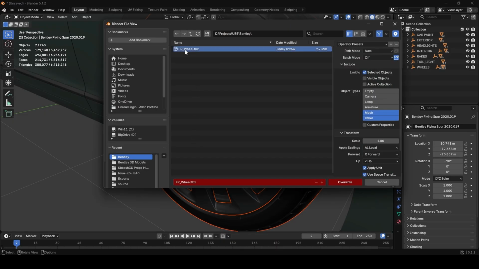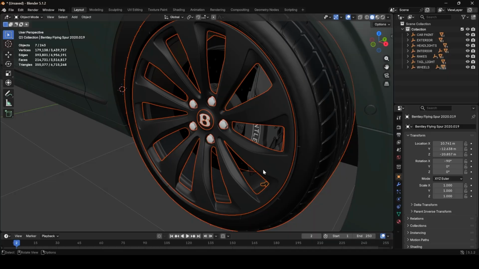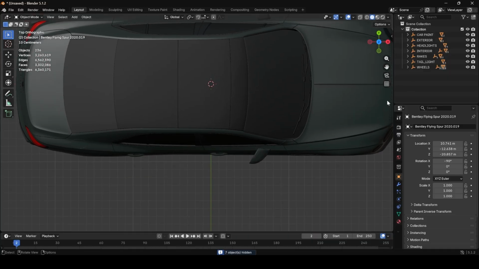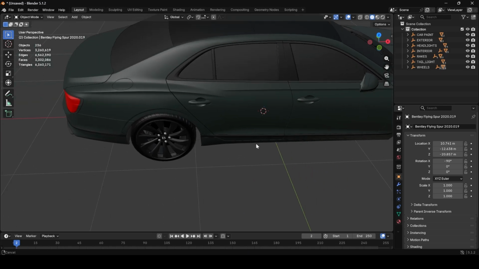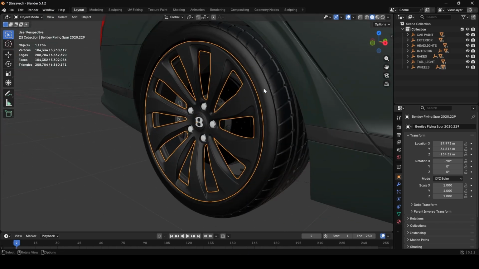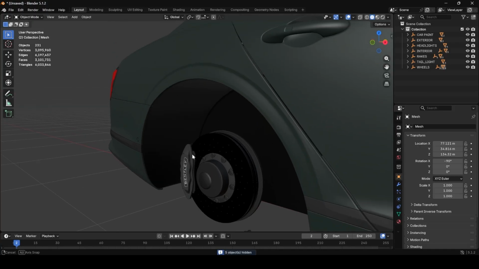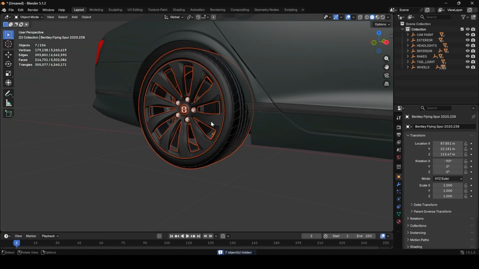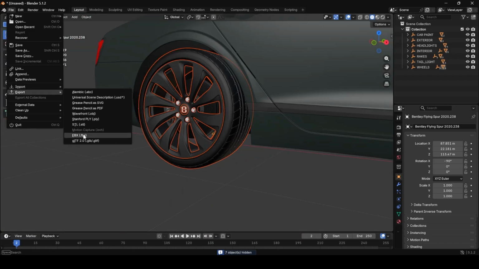So the first step is to separate the parts that we'll need for the rig. So the tires have to be on their own, the calipers have to be on their own, all the glass materials should be on their own, meaning like the windows. If you want to add the mirrors, you can. The lights, they have to be on their own. And then the body, the interior parts, normally what we separate would be the steering wheel, but that will depend